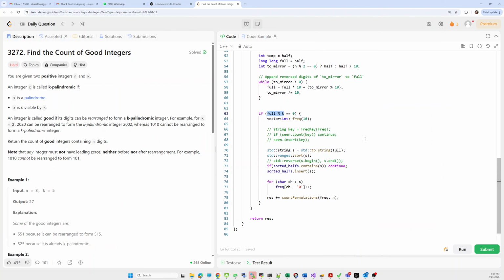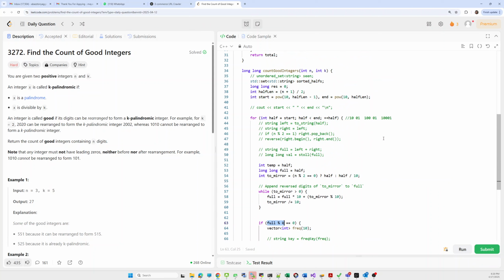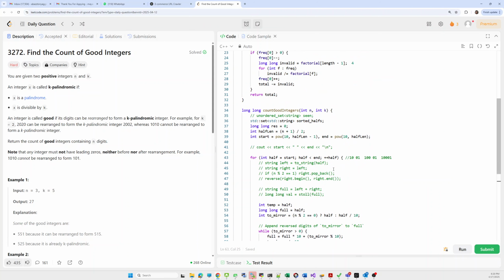Now after that I have to again create a set. The steps below are the same. So let's check our solution again, because previously I had one cout statement, so I removed that cout statement. Let's check what the current position will be.